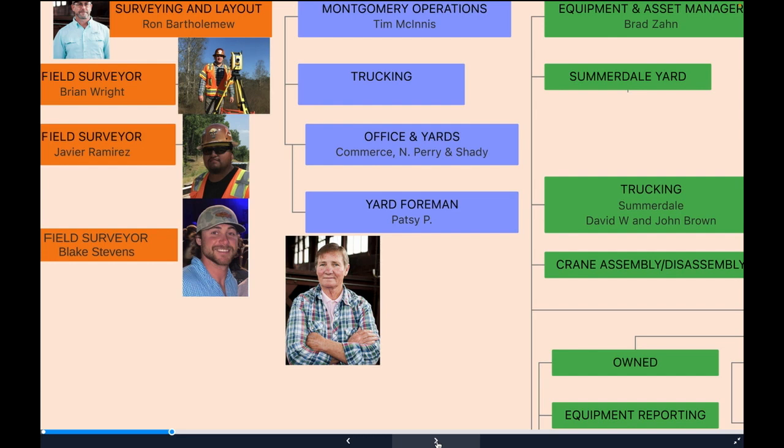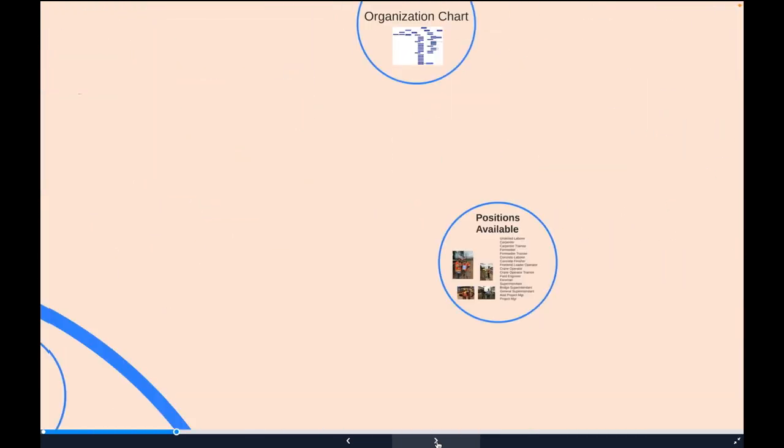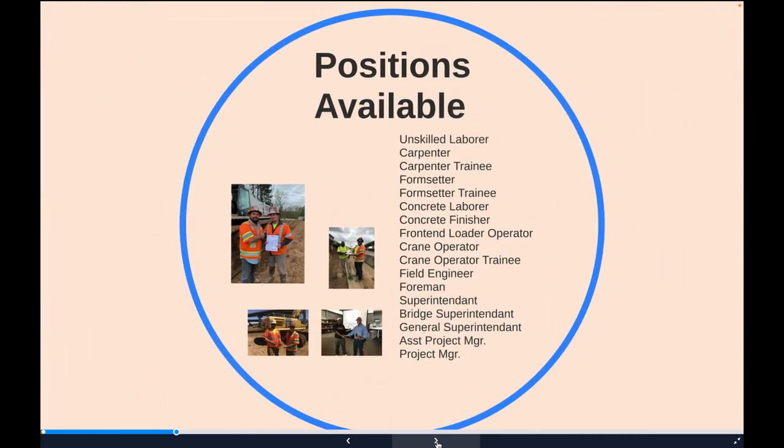And you may see at the Montgomery operations, Mr. Tim over trucking and yard and office management, and the yard foreman is Patsy Patterson, who also delivers to the job sites. The positions that are available here at McInnis are unskilled laborers, carpenters, form setters, form setter trainees, concrete